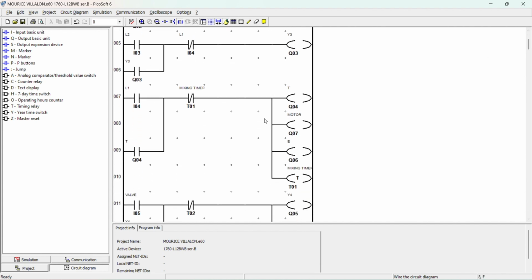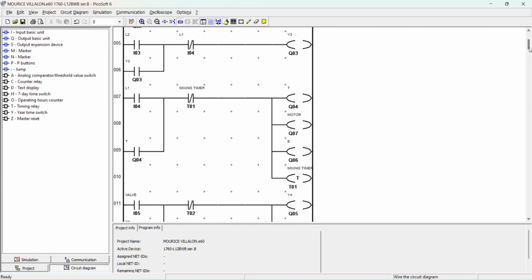I use an input here, a timer switch. Here I put the mixing timer, and this one is the output for the temperature sensor, which will also supply the motor and the electric cooker.